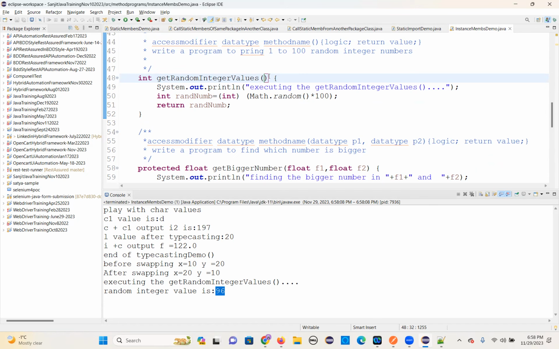If I give n value 100, it should print only 1 to 100. If I give n value 1000, it should print 1 to 1000. You got my point? So I don't want to hard code 100 here. Then what is the replacement? If you take a parameterized method, the entire code is the same. What is the change? If you want to parameterize this number,